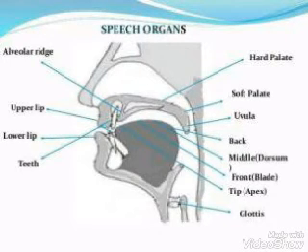17. Hard plate, or langit-langit keras. The hard plate functions to produce the following sounds. First, apicopalatal sound, the sound produced by the tip of the tongue and hard plate. When the tip of the tongue is flipped backward, the sound produced is a retroflex sound. Example, the D sound.